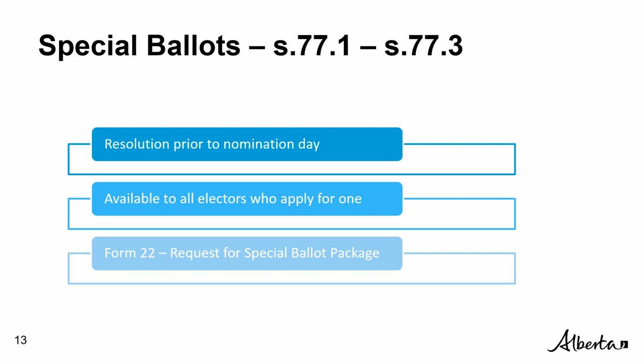Electors who are not on the permanent electors register may apply to be added to it pursuant to section 77.1 sub 1.1. Forms 22 through 25 are for special ballots. If you will be offering special ballots, make sure you understand the relevant provisions of the LAEA as well as how the forms must be used.